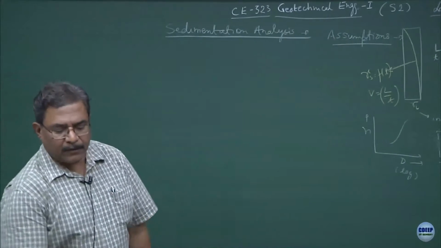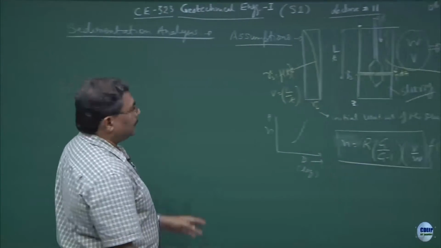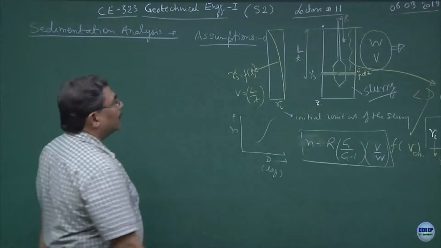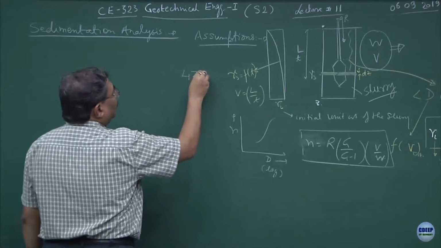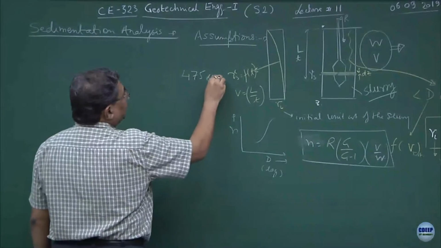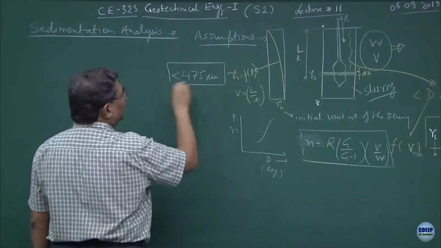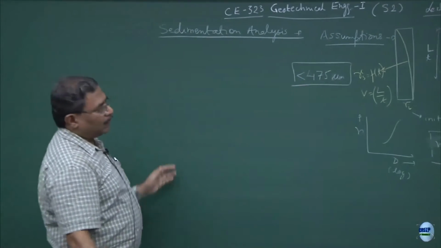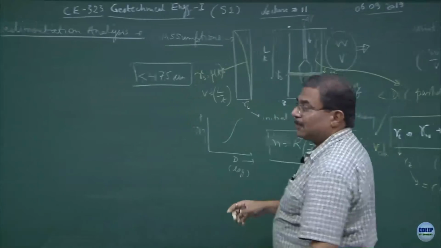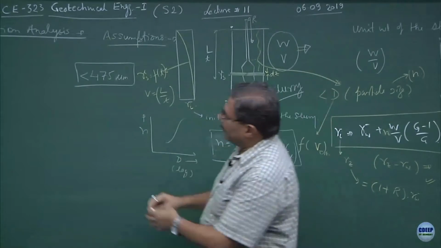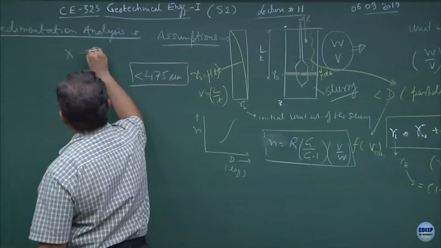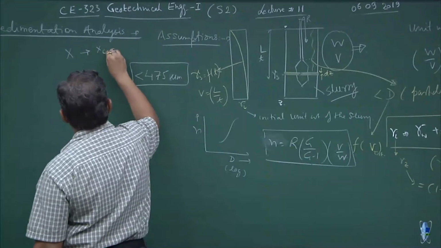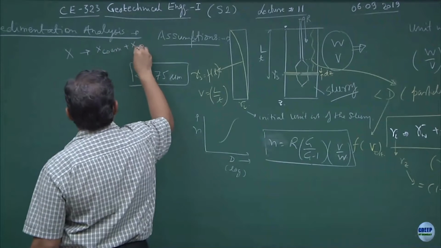I do not know whether you are being taught this or not in the laboratory. This analysis is done on the fine fraction, where we are filtering out 475 micron particle size. The rest of the analysis was done on the coarse fraction. So, now you have to join both the graphs. It is as if, suppose I take x amount of the soil, out of which after filtering from 475 micron, I will be getting x coarse and x fine, alright.